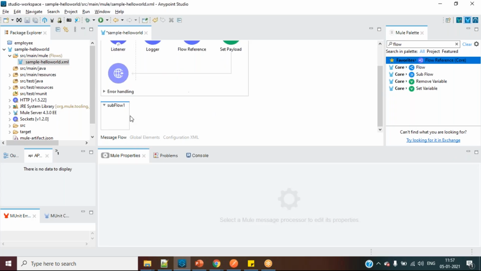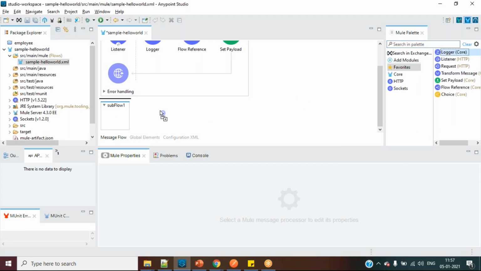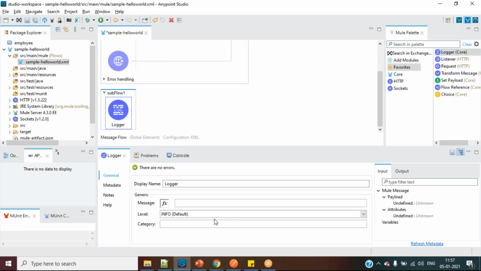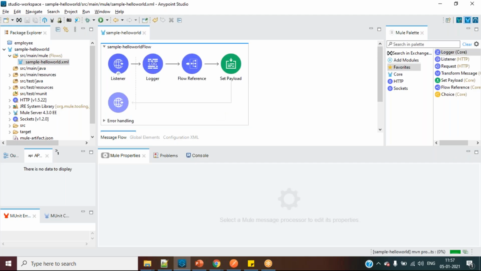Okay, in this subflow, you want to see whether it is getting invoked or not. So for that purpose, I will just keep a logger here saying "subflow 1 is triggered log". Okay. So first, how the flow will happen is whenever this is triggered, it will come to